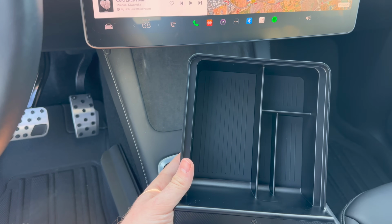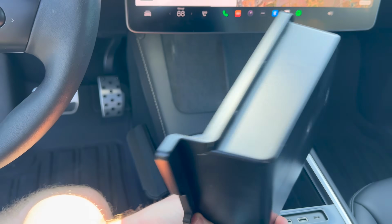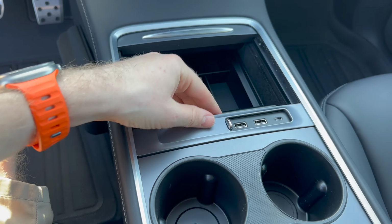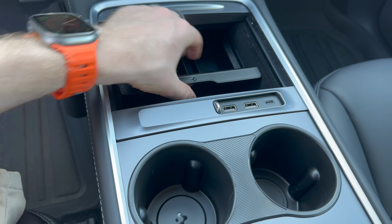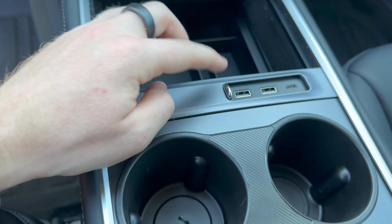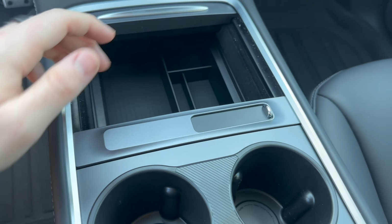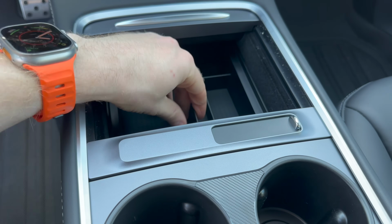You've got a couple of pockets there, a bigger one, smaller one for change, sunglasses, whatever you want. A really nice little piece that just simply goes right into your center console. It slides around too, if you want to slide it forward, slide it back, and that is going to let you organize stuff. Obviously, again, I'm going to lose a little bit because I have this strip that I talked about a couple of minutes ago here, but you could obviously remove that. But a nice little center